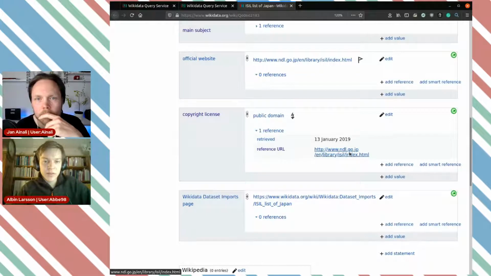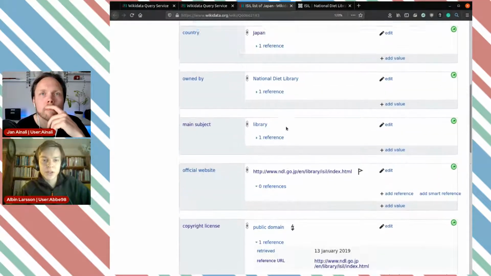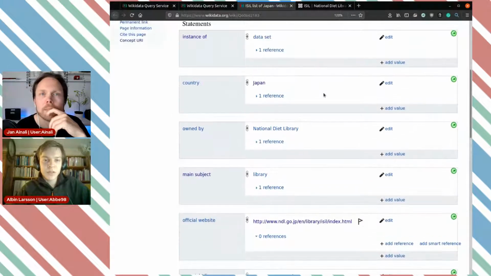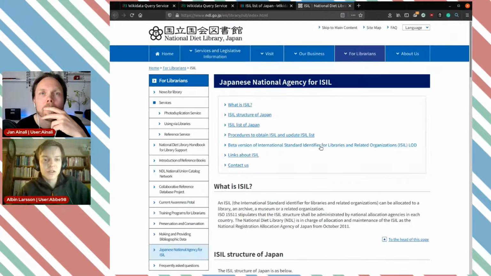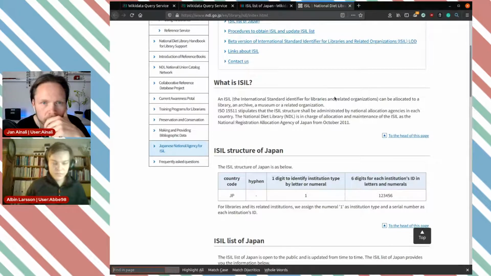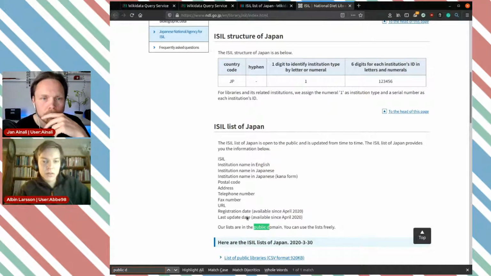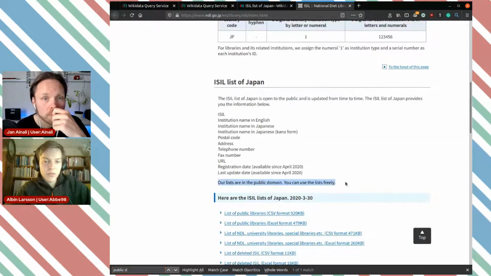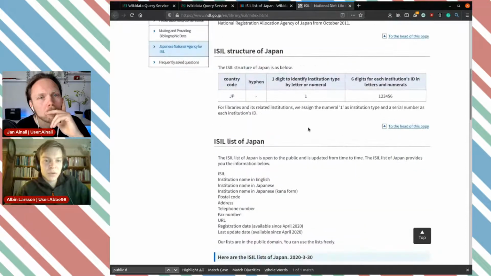Let's see, this appears to be in English, the reference. Let's see if I can see if it has a copyright license or if it's actually in the public domain. So it's no longer a US government agency, so I can't say for sure that it's in the public domain actually. So I want to verify this. Let's see if I can actually search for public domain. Or lists are in the public domain. You can use the lists freely. Right? I think that's enough for me to change it to